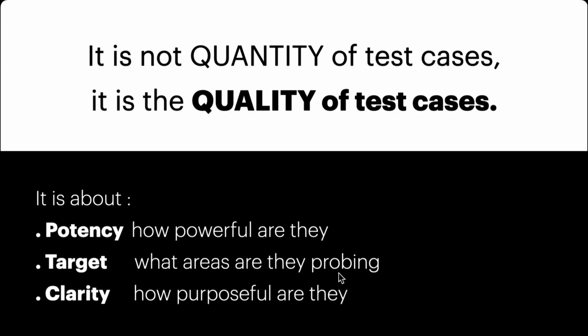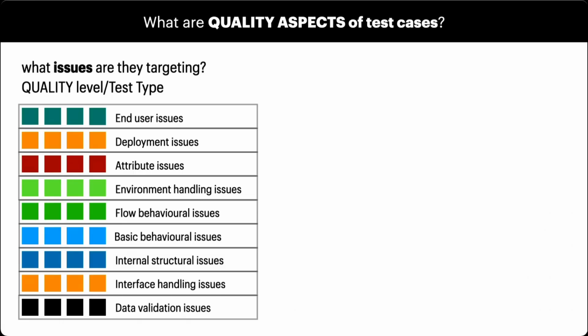So if it is very potent, that means it has the power to uncover a hidden issue which is serious in the right area, and if it is sharp and clear, so that when I use it to evaluate, I have less ambiguity in terms of what I should do. When I say ambiguity, I'm not saying that you have to give a detailed procedure in terms of additional sentences. It has to be really sharp in terms of conveying its intent very clearly as to what it is doing.